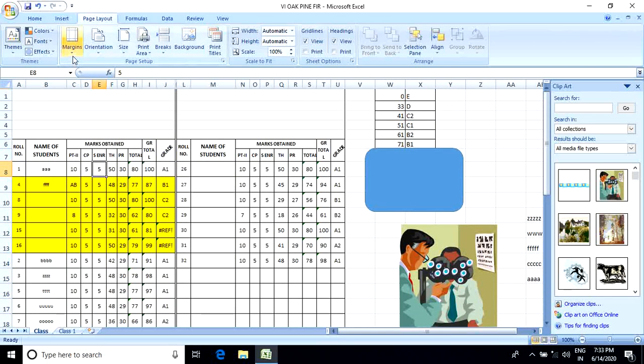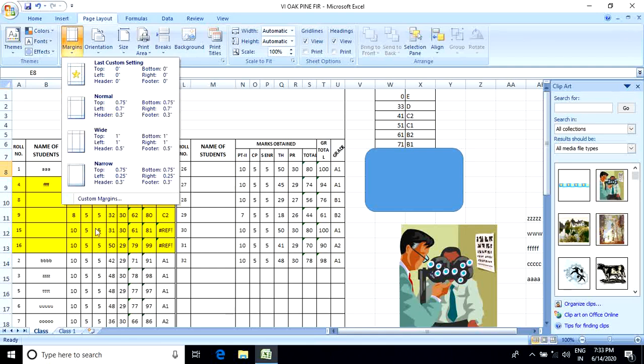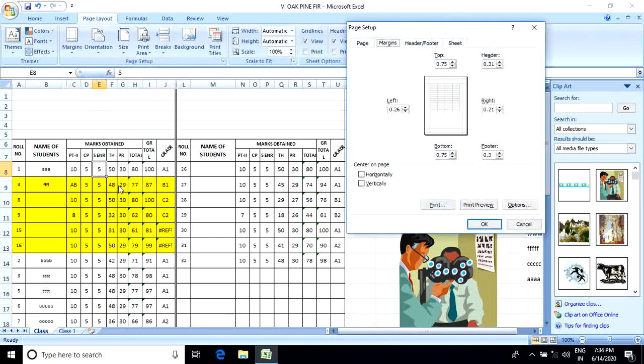Here we can find margin. Go to margin tab, custom margin. For printing purposes, we can set the margin. You can set the left margin, top margin, header, bottom margin, footer, and right margin.